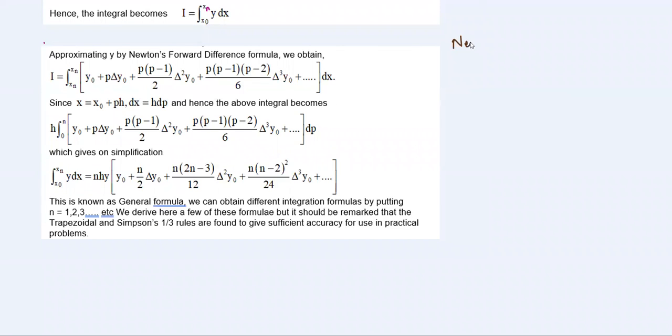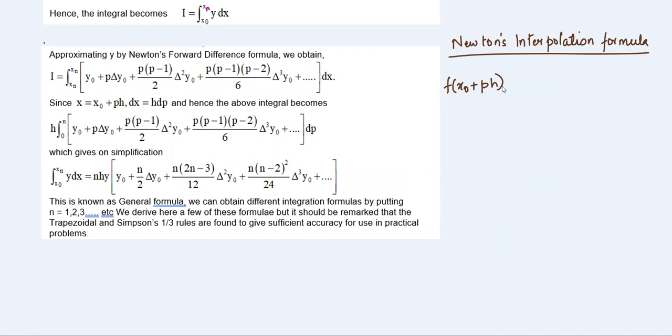So Newton's interpolation formula. Suppose you have f of x naught plus p times h. P can be some value. So this is by Taylor's series approximation,